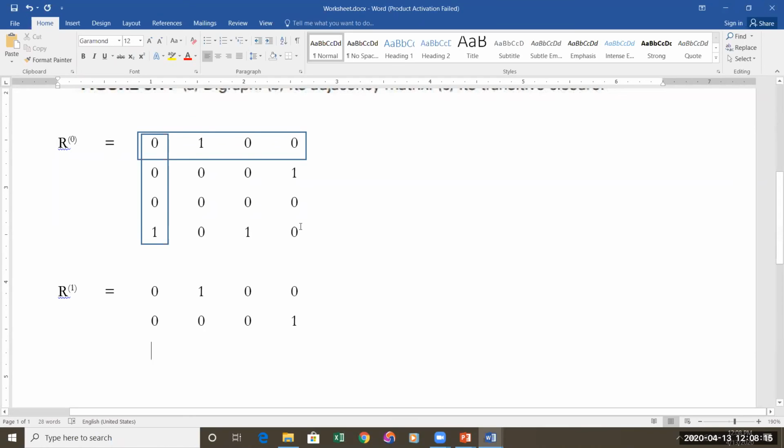Next. Since it comes in the first column, there is a 0, directly you can copy it, because whatever comes in the boxes remains as it is in the next step. Next. There is a 0 in the previous step in the same location. So the corresponding row is 0, the corresponding column is 1. So 1, 0, it is a 0. Next, this location. In the previous matrix it was 0. So the corresponding row 0 and 0. So it is a 0.